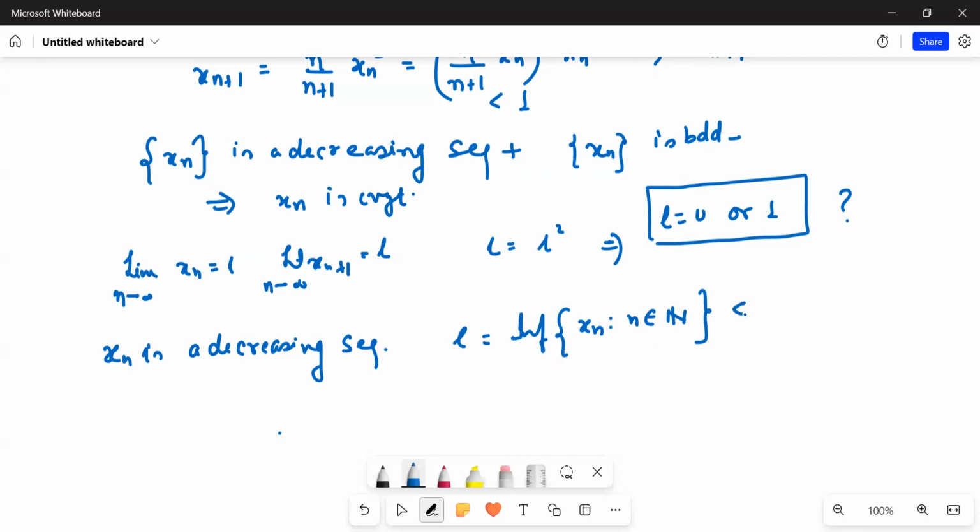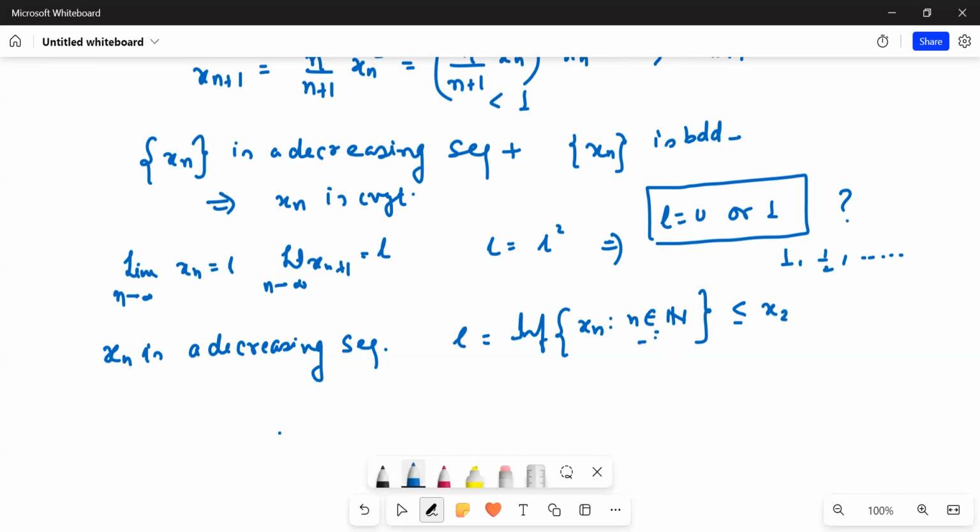And in general, it will be less than or equal to x2. This is very much clear, because infimum xn would be less than or equal to x2, also would be less than or equal to x1 also. But then you will get confused because limit is already given. So if the first term is 1, the second term is 1 by 2, the third term is even less, and so on and so forth. So you can clearly see that in any case, you can say that my xn would be less than or equal to